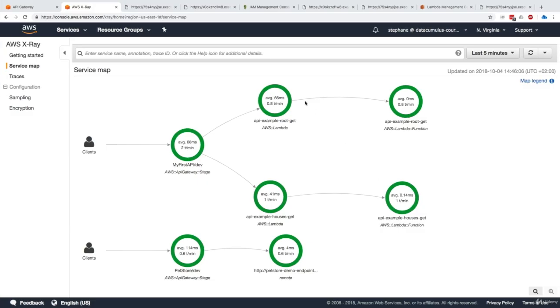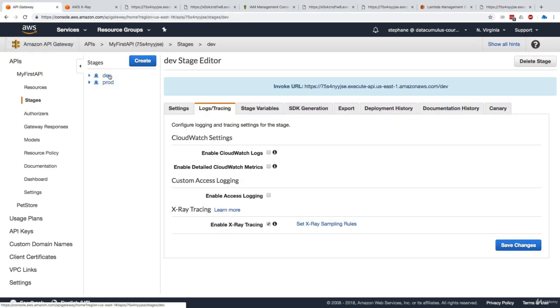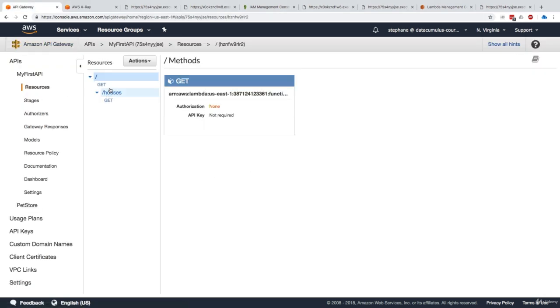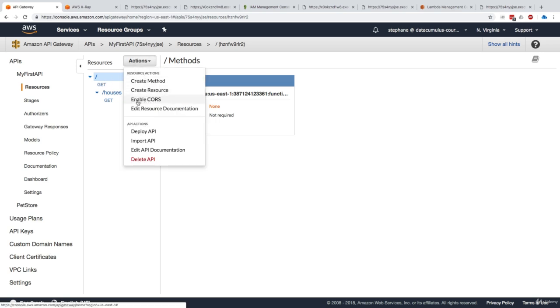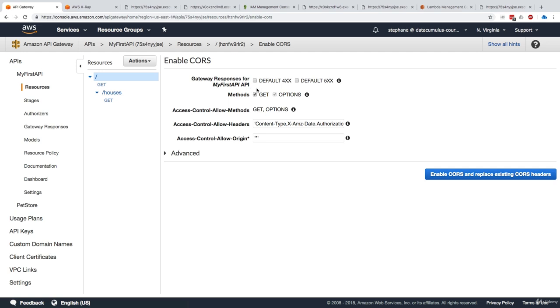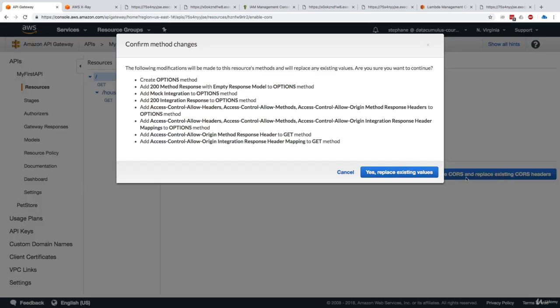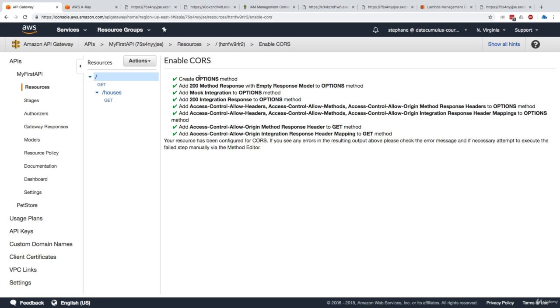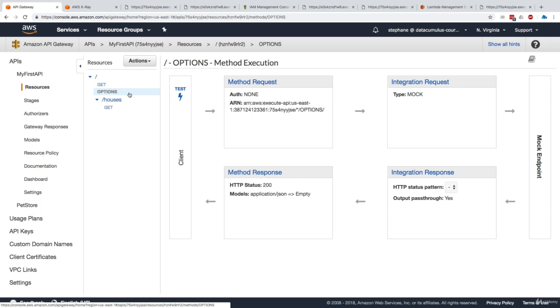Let's have a look. We're back in our API gateway. We go to Resources, for example, and we'll have our root here. We'll add action and enable CORS. And here we get asked what kind of responses we want, how we want to set up the GET and the OPTIONS, what the headers are, and what the origin is. We'll just leave everything as default, to be honest. I'll click OK, yes, replace existing values, and then apply CORS. And now we have this option that has been added right here in our method function that enables CORS. So it's pretty simple, but just something for you to know about.